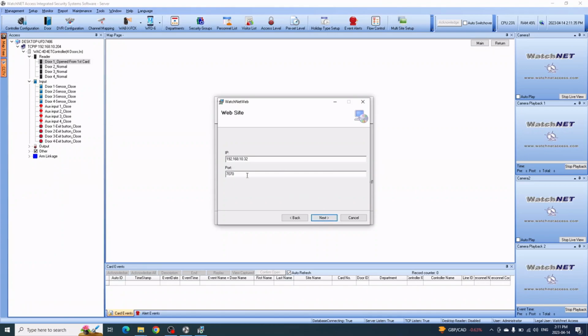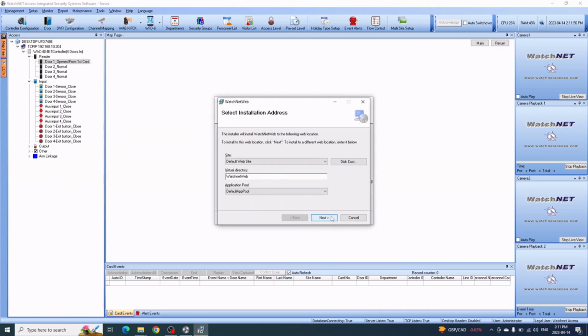As for the port, you can use whatever port you want to use. It depends on what's required or whatever you can use on your router, but you have to open the port 7070 on this IP address on your router. That's how it will connect to your mobile phone using the one IP. Okay, to continue, just click next, and then next again.